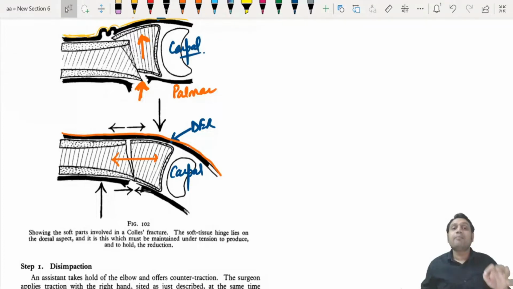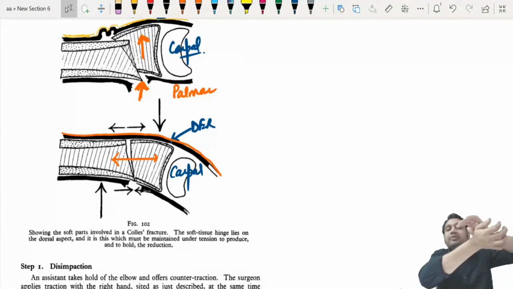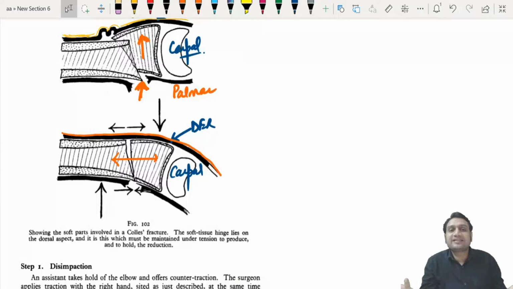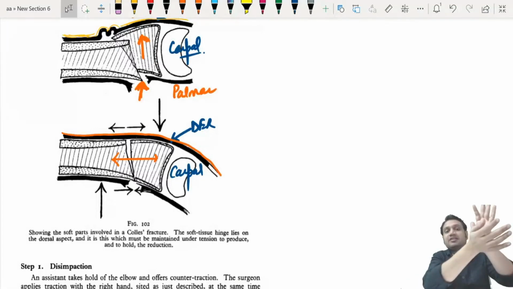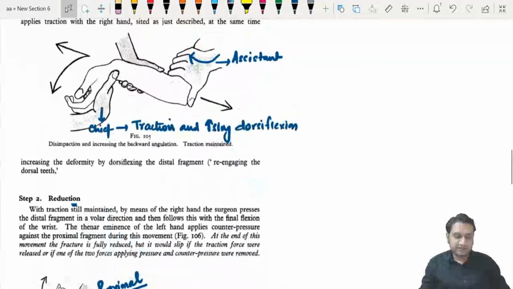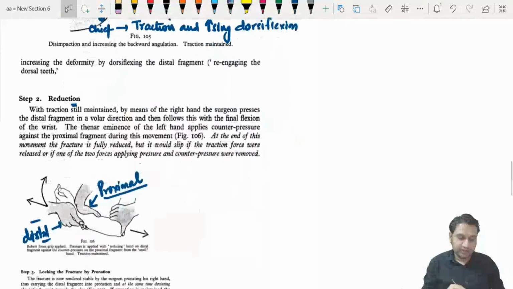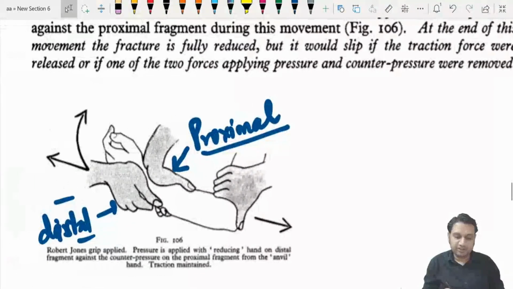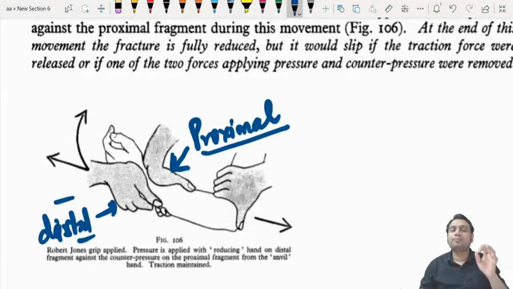Reduction, done. Maintain the reduction. How? Keep on giving the pressures. So for how long will the examiner be able to pressurize the distal fragment and the proximal fragment? Okay, that won't be happening for a long time. So here the examiner is giving you pressure on both the fragments, proximal fragment and distal fragment, so that they remain in place. Now we have to give a position in which these two fragments get locked. How will that be done?